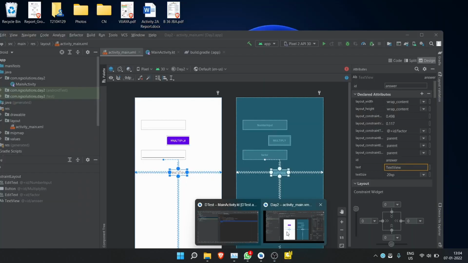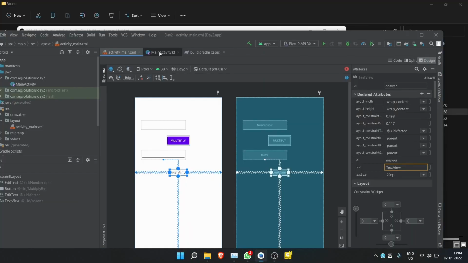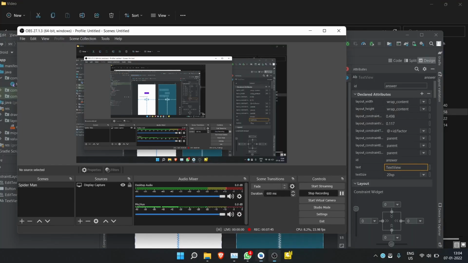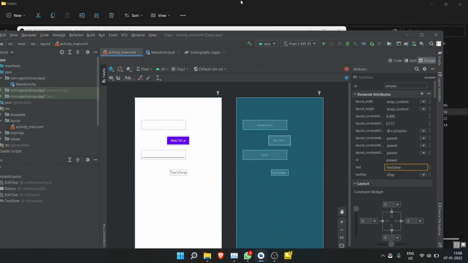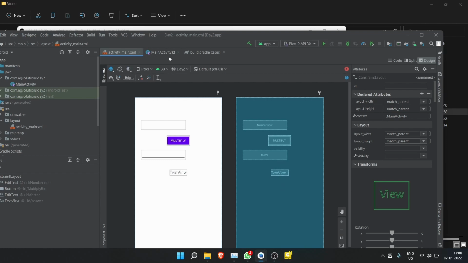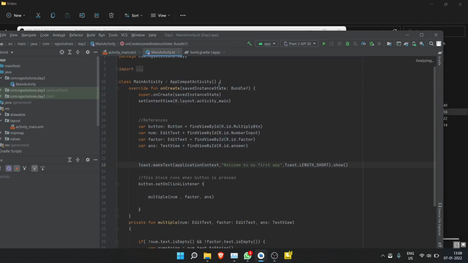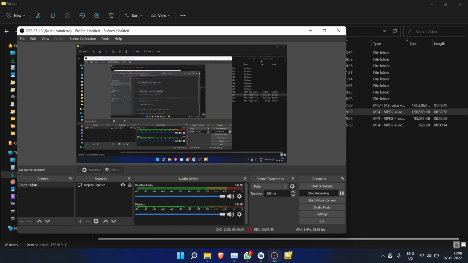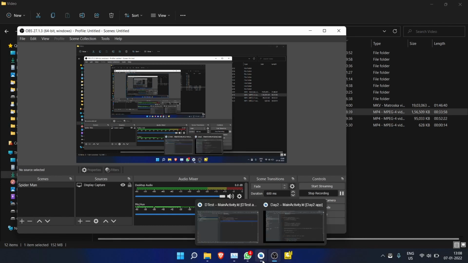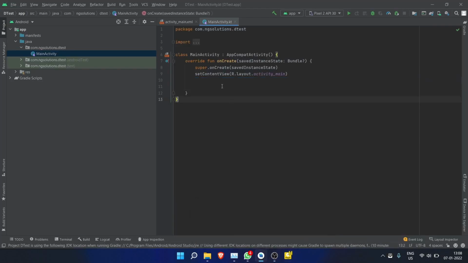Okay, still a few things are remaining, so let me tell you that, guys. Just give me a moment. Okay guys, so let me show you. There are a few things which were done before the recording was started, so let me show those things also. Let me show you what we need to do before we start the main coding.